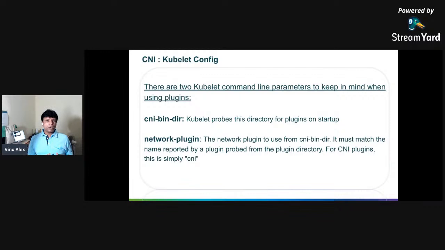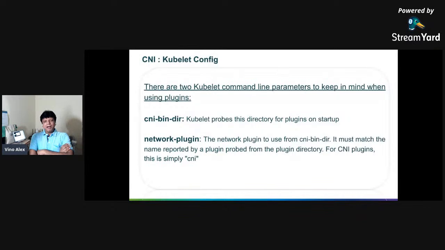One is the CNI bin directory configuration, which says where the CNI plugin binaries are available. That is what the CNI bin dir config parameter passes to kubelet. The next one is the network plugin. So you can put multiple plugins in this directory.